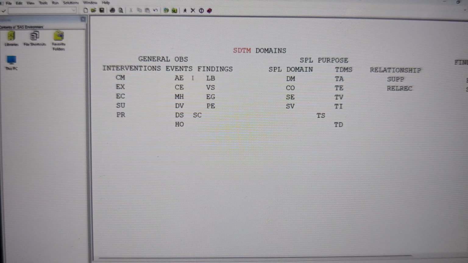subject characteristics into SC, pharmacokinetic concentration information into questionnaire, then sample size, pharmacokinetic concentrations and pharmacokinetic parameters. We have seen pharmacokinetic concentrations into PC, pharmacokinetic parameters into PP, subject status into SS, and drug accountability into DA, and then immunogenicity criteria comes into IE, microbiology into MB, and then microbial susceptibility into MS.